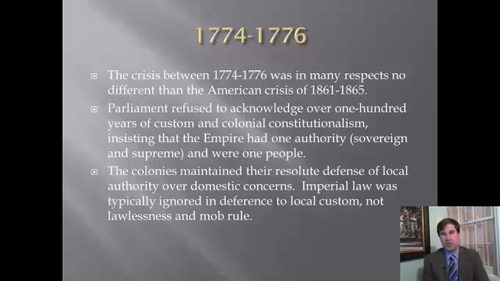This is what was happening with people like Hamilton and Marshall and all these nationalists during the American period leading up to the war between the states. No different. We're one people. We have one legislative authority. The central authority is sovereign. The states have lost all their power. There's no local control. So when you look at people like Abraham Lincoln and Alexander Hamilton and John Marshall and Henry Clay and Daniel Webster, they're the British.